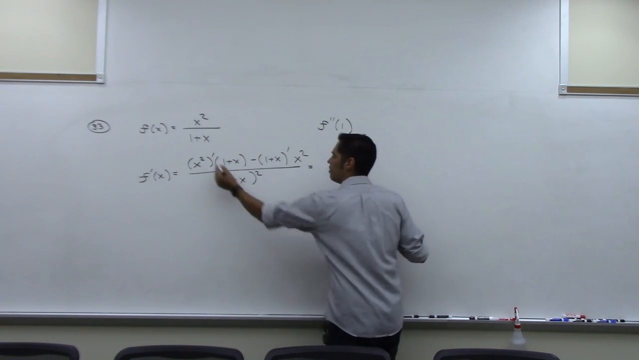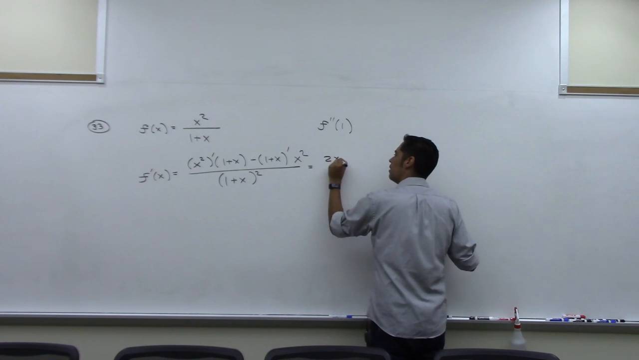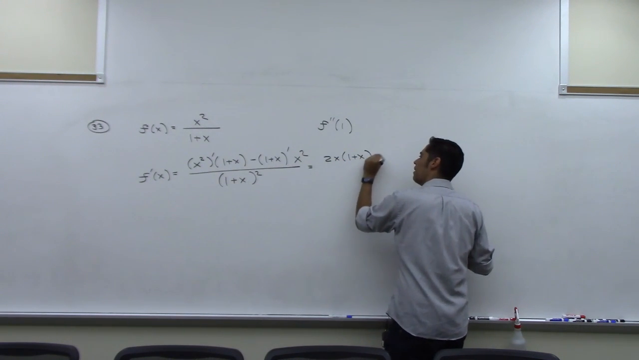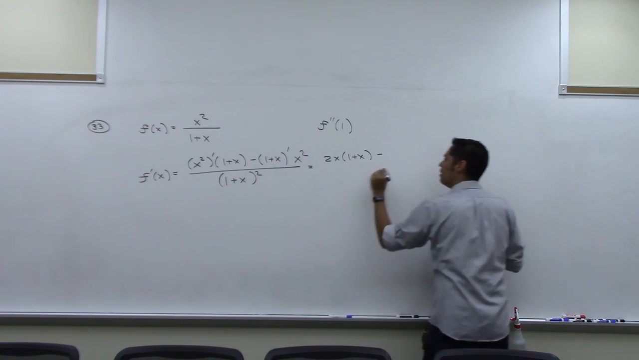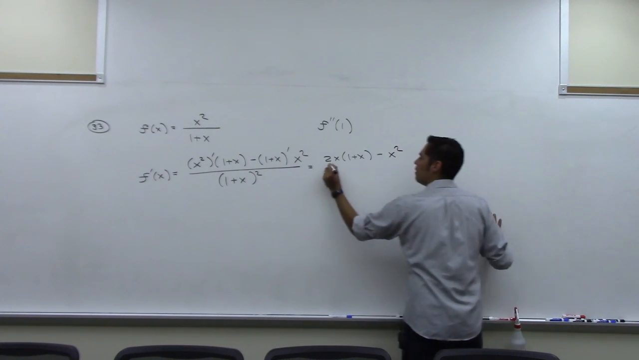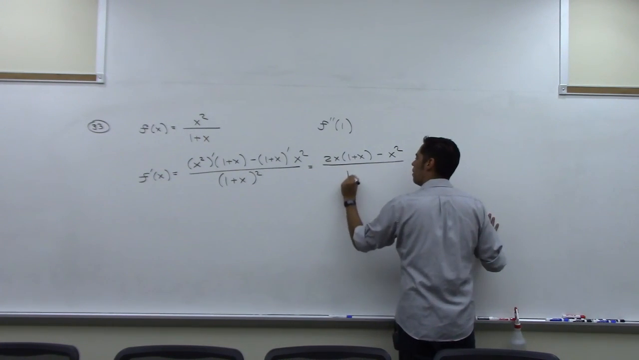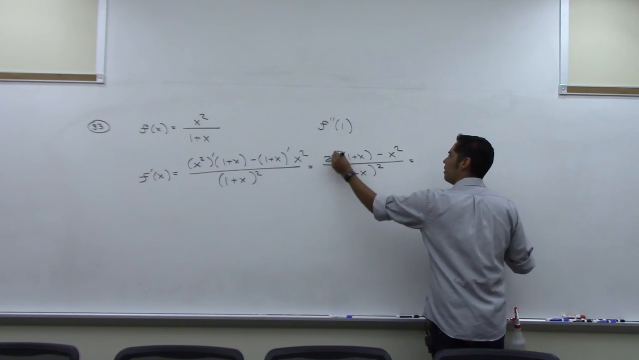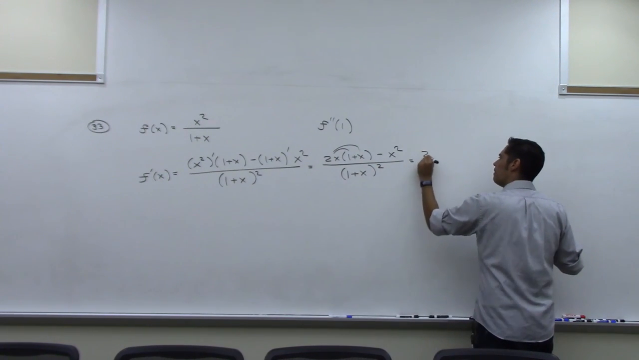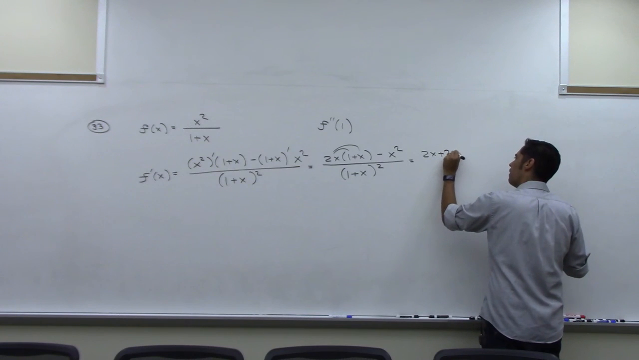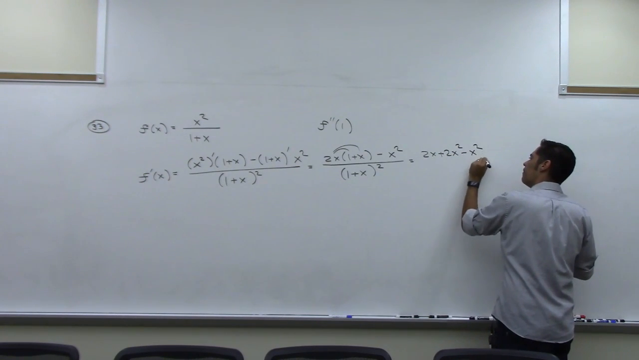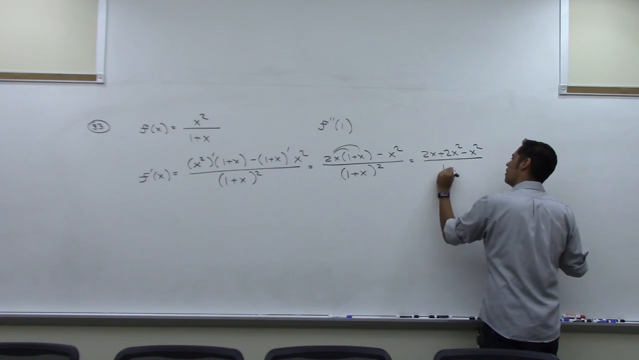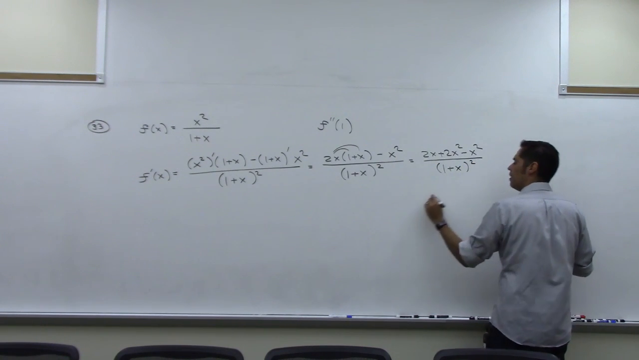which is, derivative here is 2x times 1 plus x, minus derivative of this is 1, so minus x squared, over (1 plus x) squared. Let me clean it up. 2x plus 2x squared minus x squared, all over 1 plus x quantity squared, which is